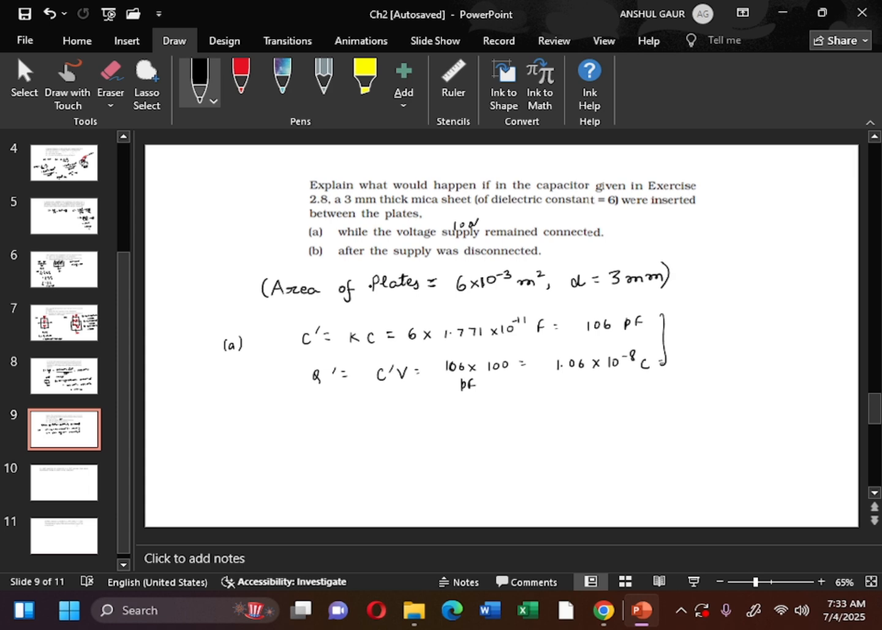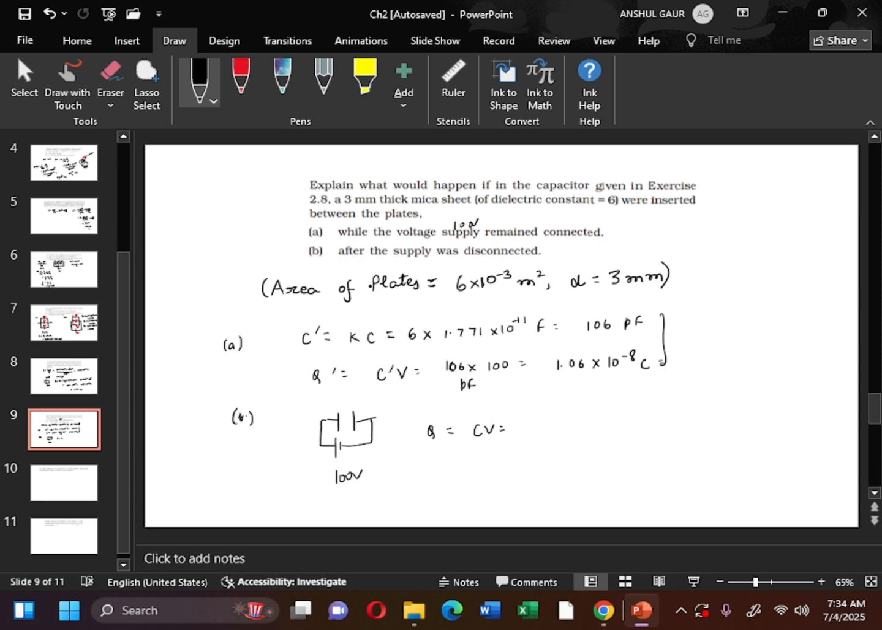Now in the second part, we have to find out the value of the capacitance as well as charge as well as voltage when the insertion of the mica sheet is after the supply was disconnected. Now we know from the previous problem that when there is no insertion of the mica sheet and we have applied a voltage of 100 volts across it, we have calculated the charge. The charge in that case, suppose it is Q,